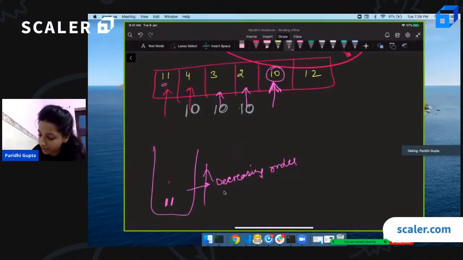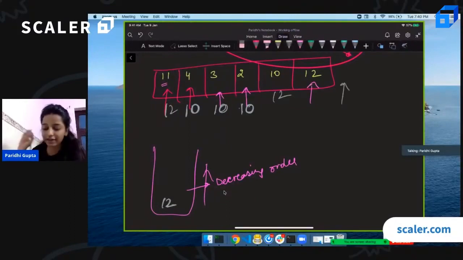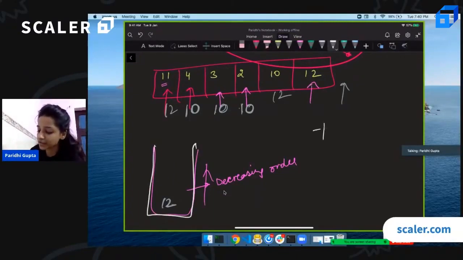No. So simply push 10 onto the top of stack and move ahead. Now we are at 12. On top of stack there is 10. 10 is lesser than 12, so the answer for 10 will become 12, right? Now, we are at 12. Is 12 greater than 11? Yes. So the answer for 11 becomes 12. Okay? So now nothing is there. Simply insert 12 on top of stack. Now move ahead. So we are done. We are left with no more elements. So whatever is present on top of stack, the answer for them will become -1. So in this case, the answer for 12 is -1.